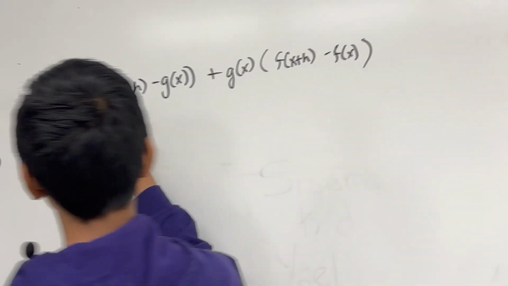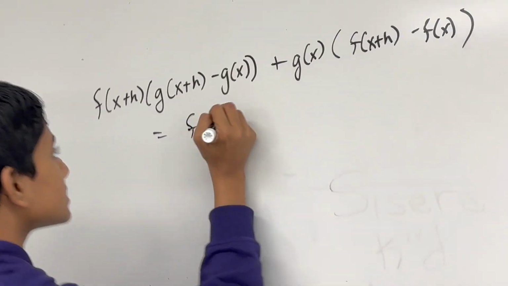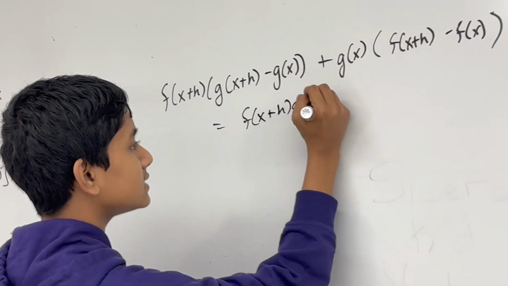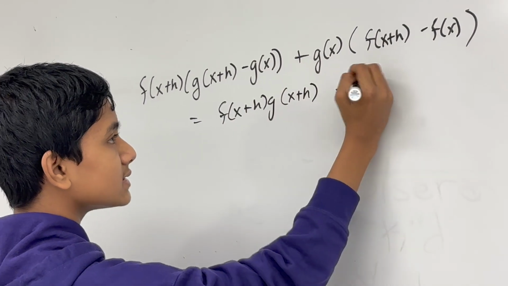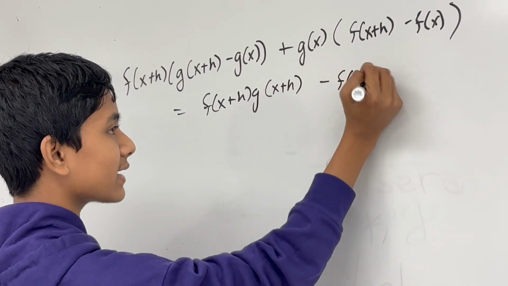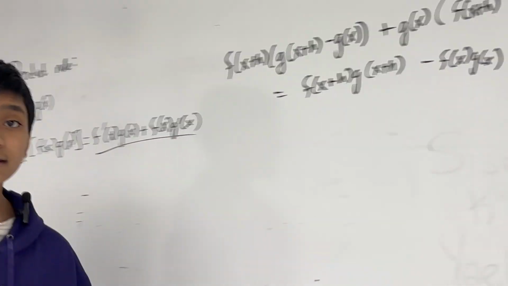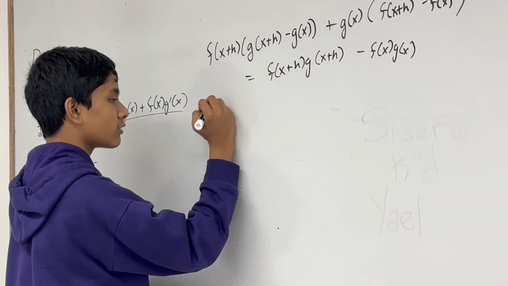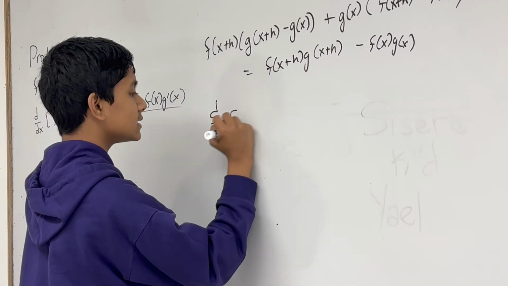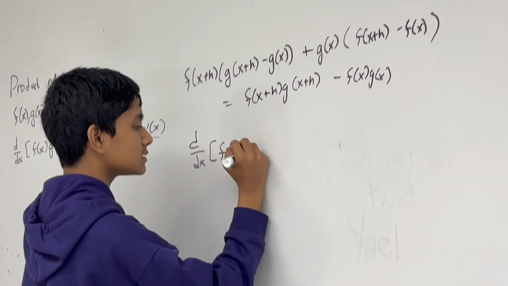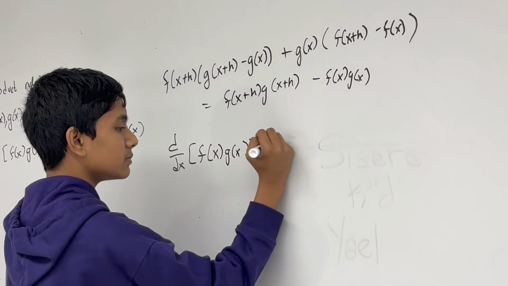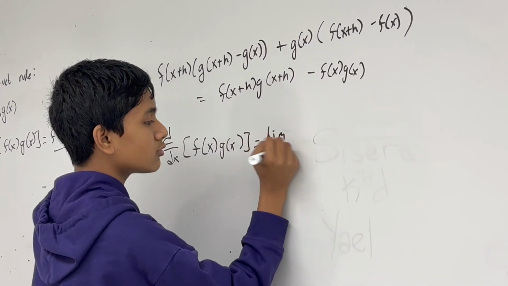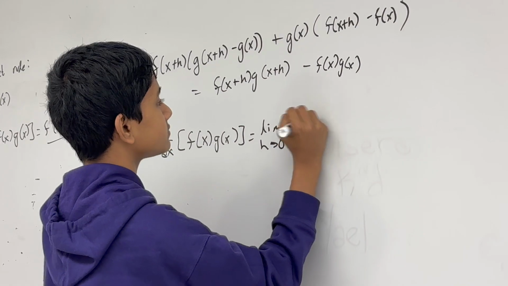That is equal to f of x plus h times g of x plus h minus f of x g of x. And that's exactly what's going to be on the top of our derivative. So d dx f of x g of x, by definition, is going to be equal to the limit as h approaches 0 of that